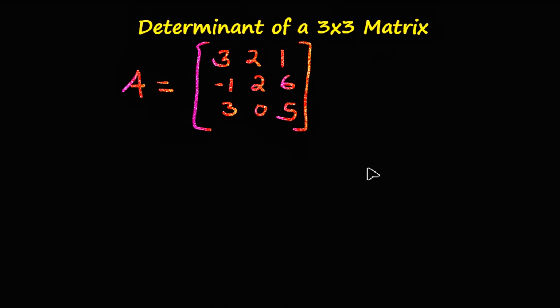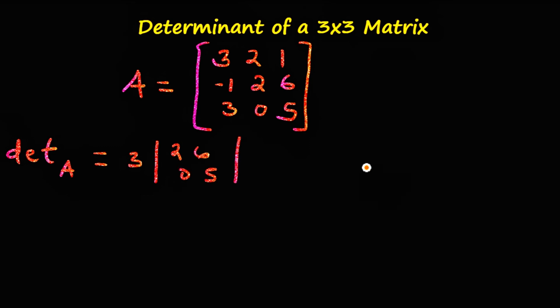In this video, we are going to learn how to determine the determinant of a 3 by 3 matrix. Let us use matrix A to do that. So, for us to obtain the determinant of the matrix A, we are going to take the first term, which is 3, and then multiply that by the small matrix that is left when you cover the row and the column of 3. So when you cover the row and the column, the small matrix that is left is 2, 6, and 0,